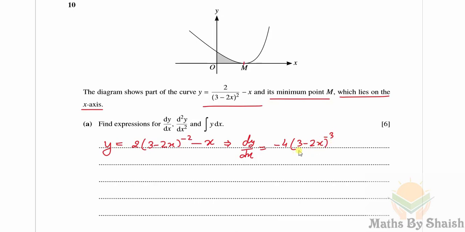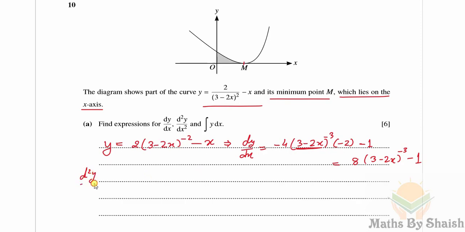And since we are going to use the chain rule, we'll differentiate the bracket also, that is 3 minus 2x. So differentiation of this is going to be minus 2, and differentiation of minus x is minus 1. So we can simplify it in one more line. It is going to be 8 times (3 minus 2x) to the power minus 3 minus 1,